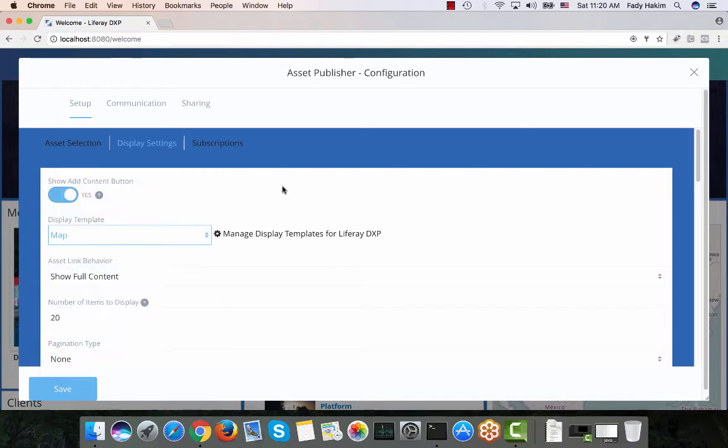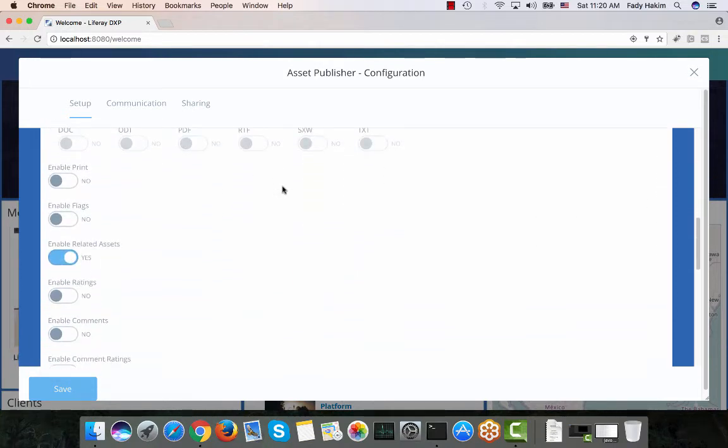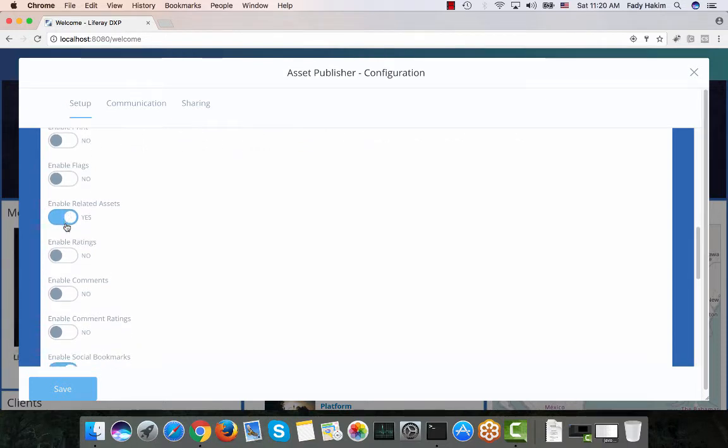Right? There are other minor features that I would like to highlight here. In any asset publisher, you can configure what happens whenever someone clicks on the asset: whether they can print the asset, flag it, see related assets, rate it, and add comments or not. So for example, under mapping, if someone clicks on last news under map, they're not going to be able to